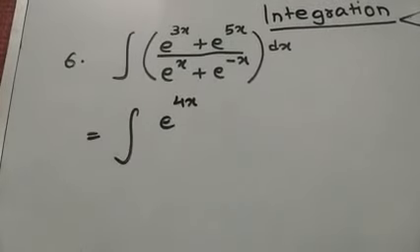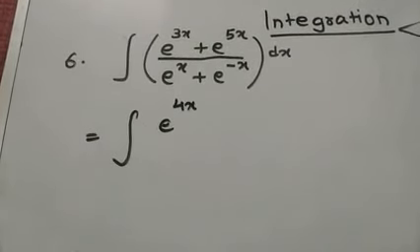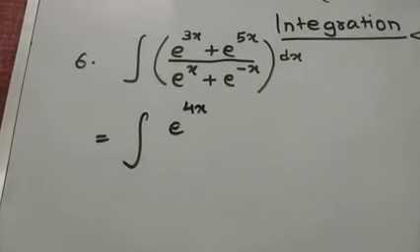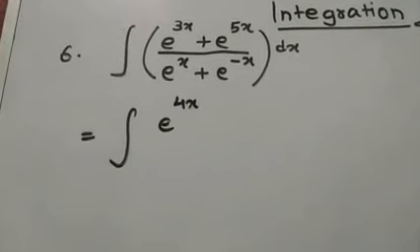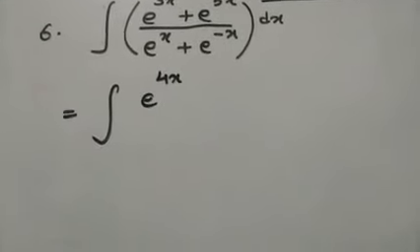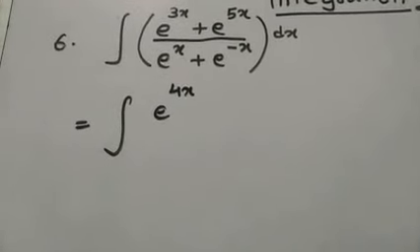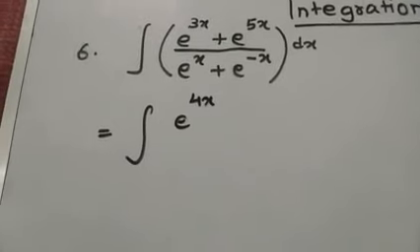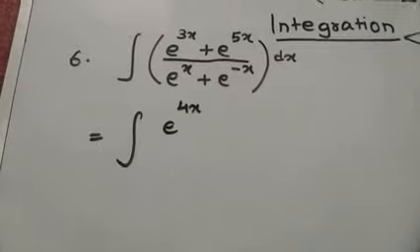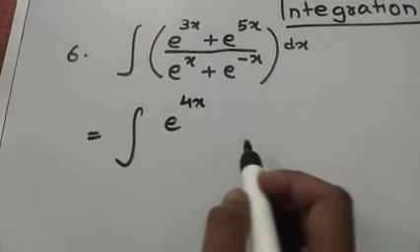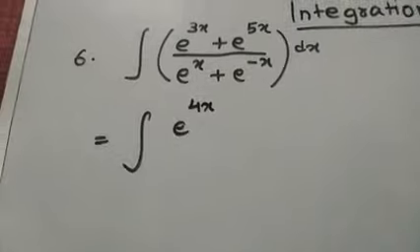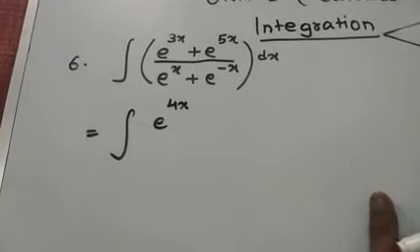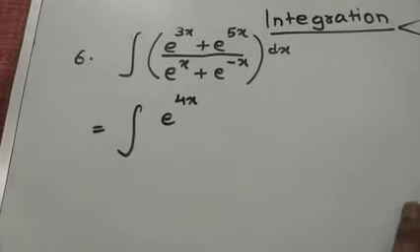3 and 5 average is no, not the average. Simply you can remember in this particular way that average of 3 and 5, but it won't work for every question. So that's why I say no. For there you can remember this step, that if you take e to the power 4x as common, it will be simple to solve. See, for solving indefinite integrals, there is not a fixed method, there are not fixed steps. You can solve in different ways.